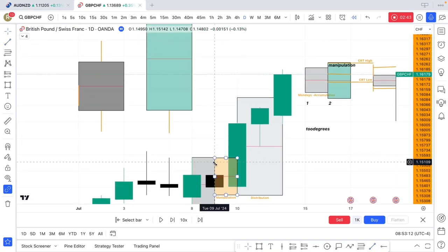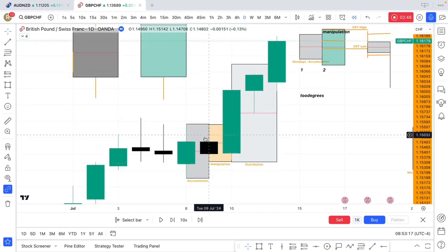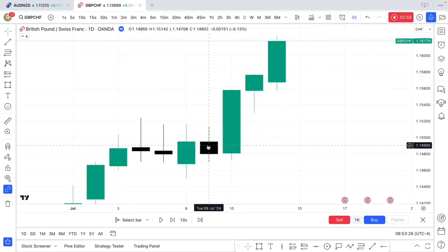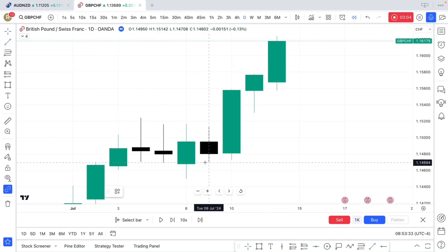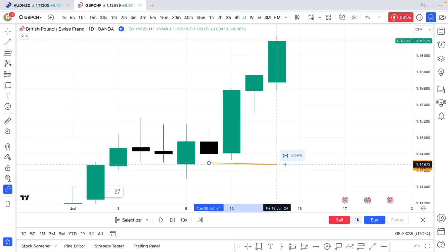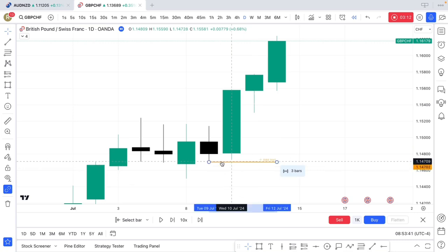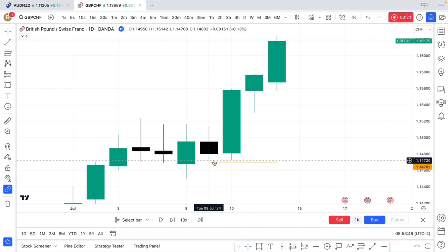So that's the same thing that we witness here. This is the same thing that we witness here. Immediately price sells above this, it becomes bearish. Let me delete everything that I drew on the chart here. So this one becomes the high of this, and this one becomes the low of this. The low of this is